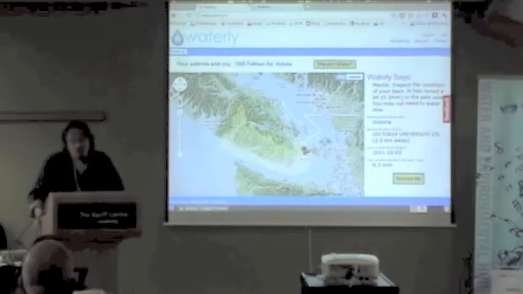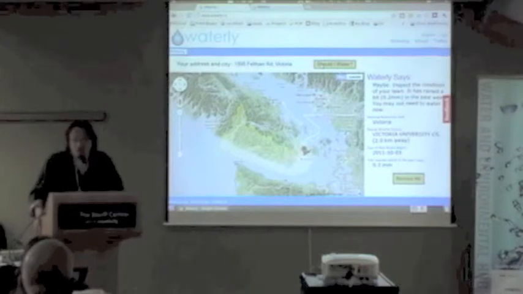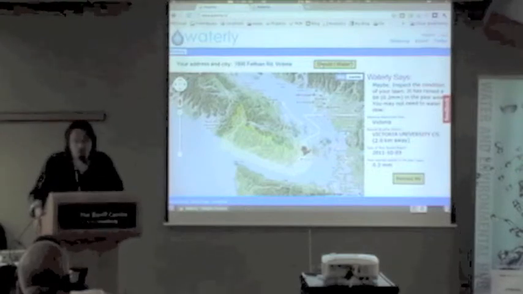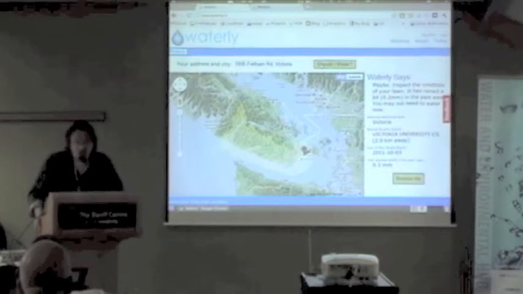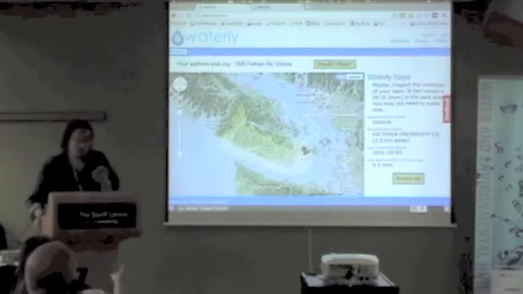So now the other thing you can do is you can click the Remind Me button, and what it will do is remind you on your watering day. It actually knows your watering schedule based on your address as well, and it'll send you an email in the morning telling you whether it thinks you should turn your sprinkler off or what. It sort of makes a recommendation. So the idea behind Waterly